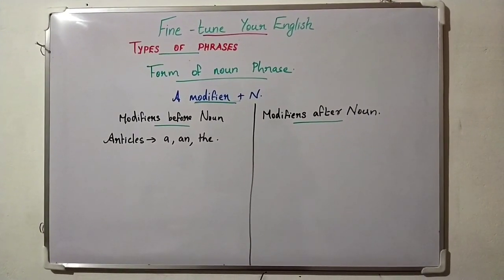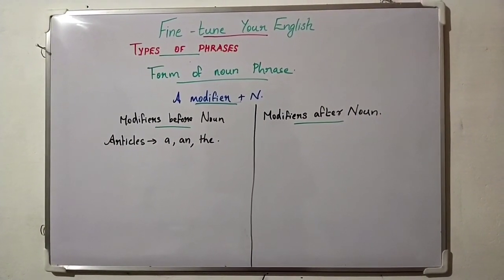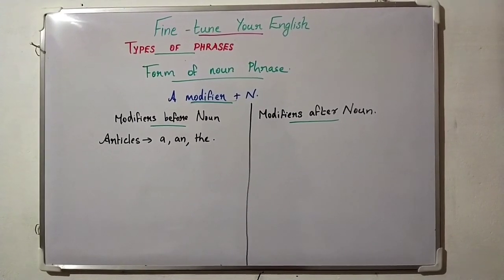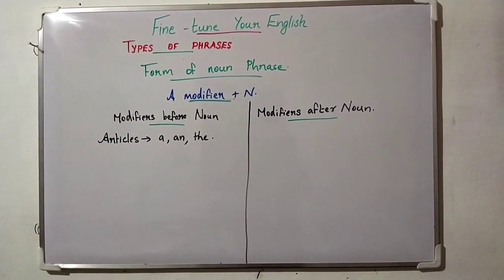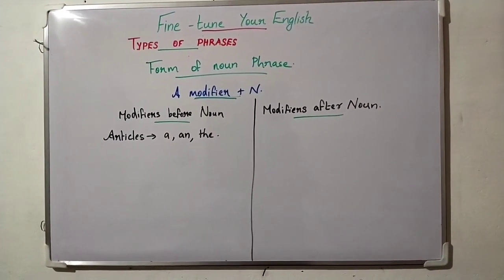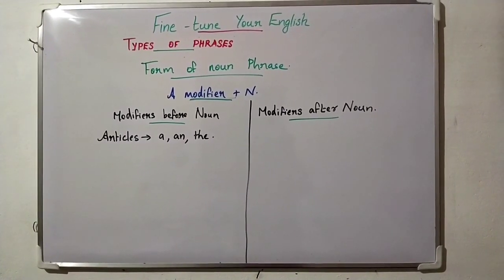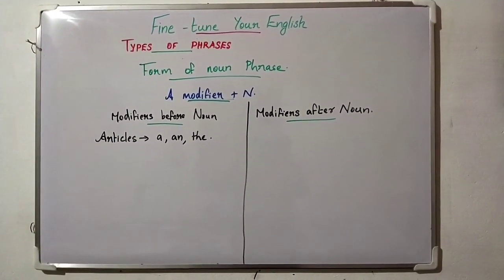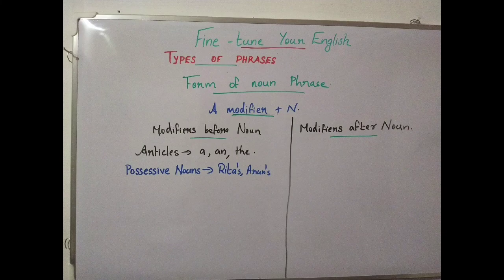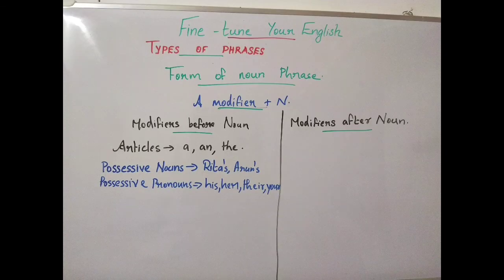And see the position of modifiers. Some modifiers come before the noun in the noun phrase and some come after the noun in the noun phrase. See the first one, an article always comes in the beginning. That means before the noun. Then a possessive noun like Rita's, Arun's will also come in the beginning of the noun phrase, just before the main noun. Then possessive pronouns like his, her, their, your, they'll also come in the beginning of the noun phrase just before